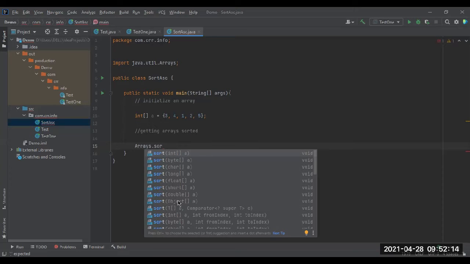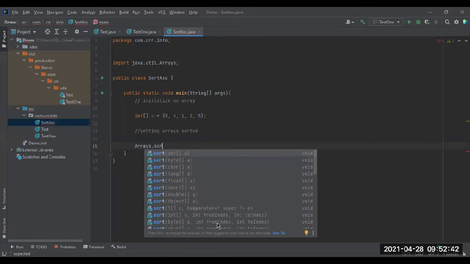You can pass an object also directly. Array is nothing but an object, you have to remember that. All these are available, see, so many options are there. You can sort from index to index, in the sense from here to here. There are so many sorting options available, but from our syllabus point of view, I think this method is enough for you.